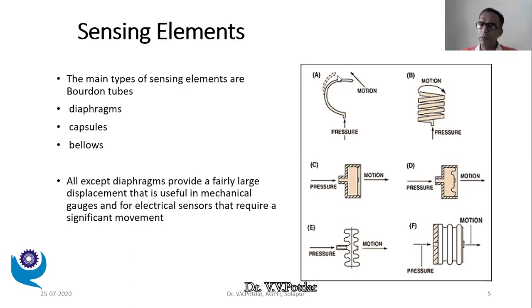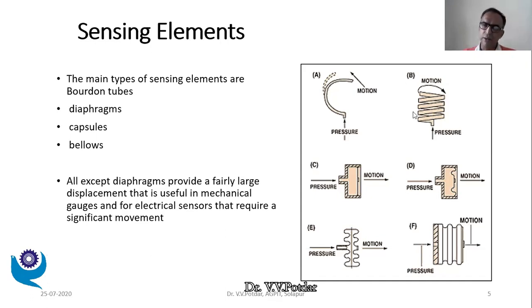Now, this angular motion is very small, maybe 2 to 3 degrees. So this needs to be amplified to 20 degree, 30 degree. So that is done by your lever arrangement and gear train arrangement. This angular motion is amplified and you get the pointer moving. So this is the principle of the elastic Bourdon tube type pressure transducer. This is one type of transducer, semicircular tube type transducer.